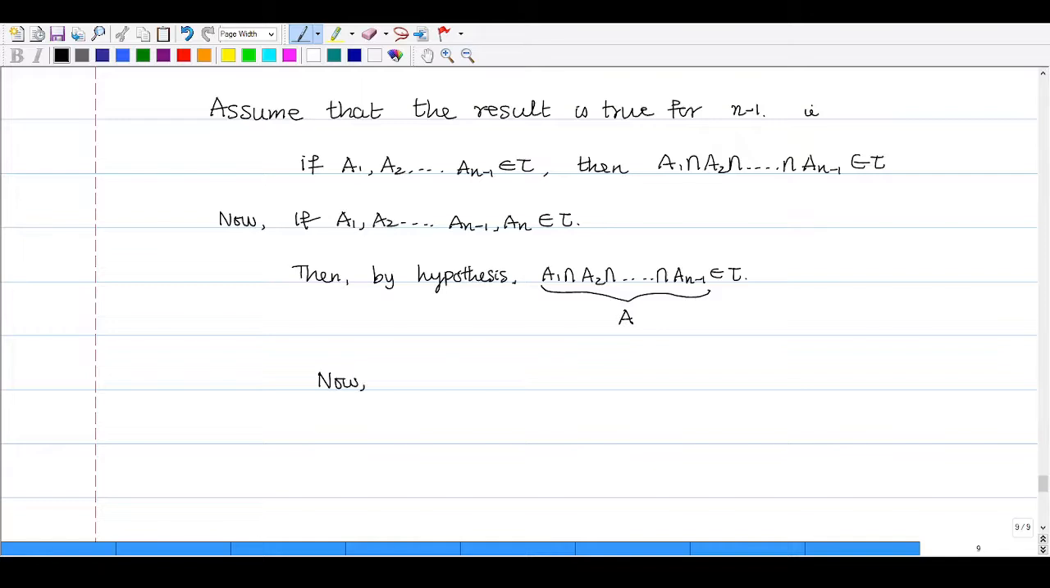Now a1 intersection a2 intersection up to an minus 1 intersection with an. What is this? This is an element, from here up to here, a belongs to tau. So a intersection with an. Since a belongs to tau and an belongs to tau,